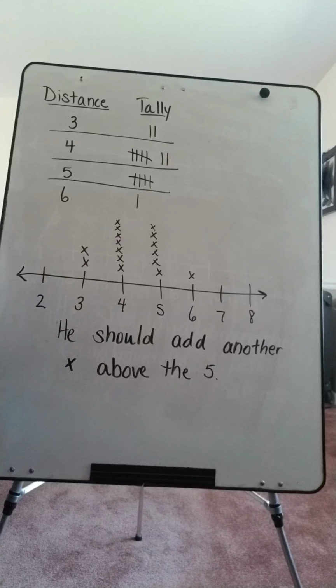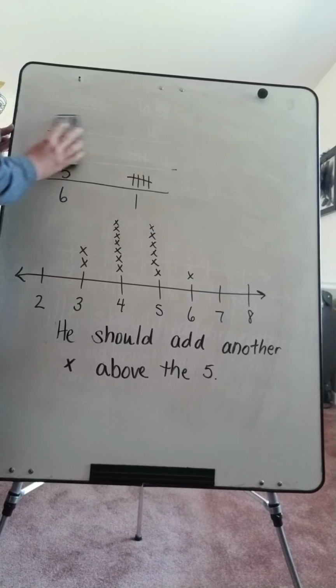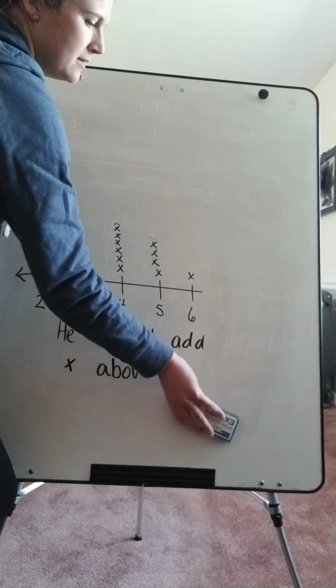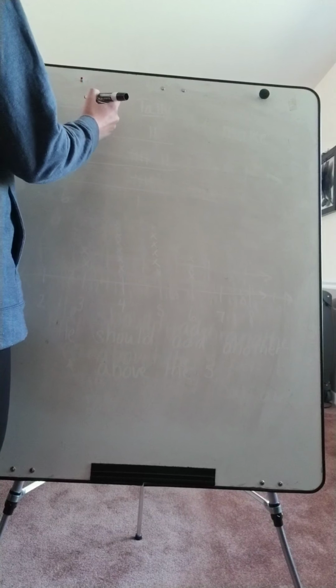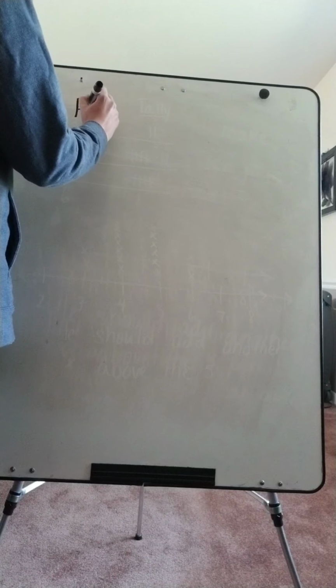Number 4, explain how you would make a line plot showing the distances your classmates can jump. So we would do the same thing that Donovan just did. Okay, so we would start by doing a tally chart, and then we would follow up with doing a line plot. So for number 4, just write,